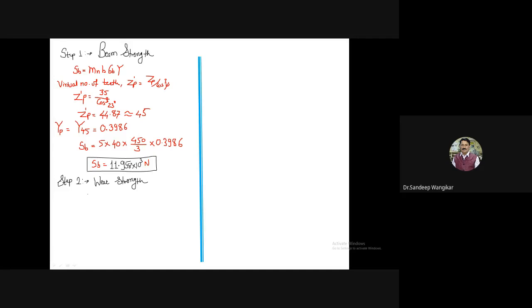wear strength. We can calculate the value of wear strength. So I will write down SW is equal to BQ dPk divided by cos square of angle psi. So let us calculate one by one things what are required. So I will write here Q is equal to twice ZG divided by ZG plus ZP, 2 into 70 divided by 70 plus 35.